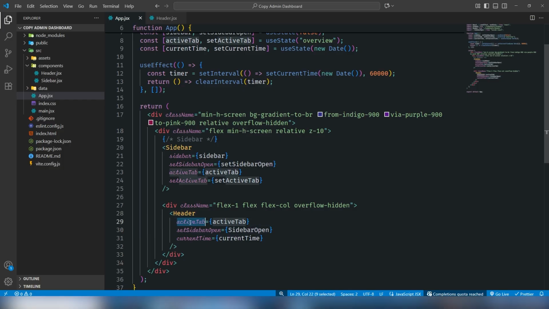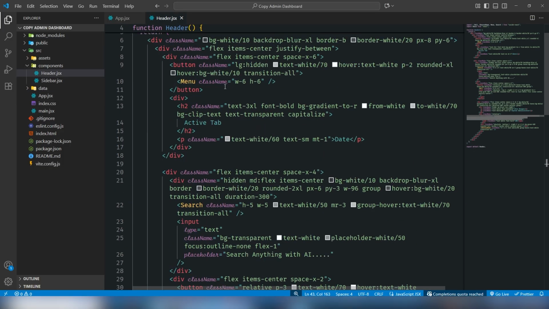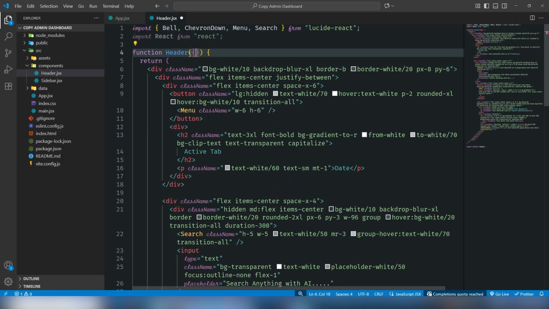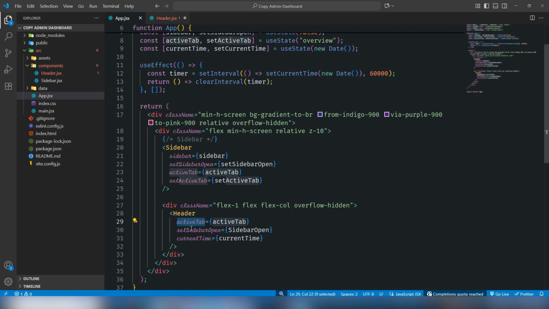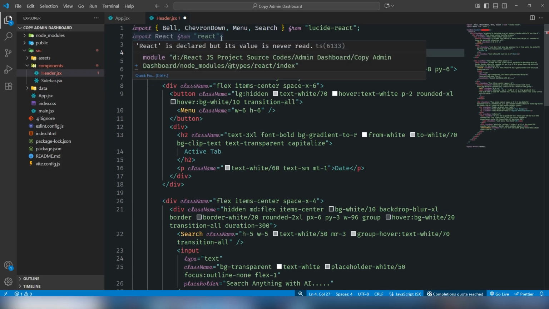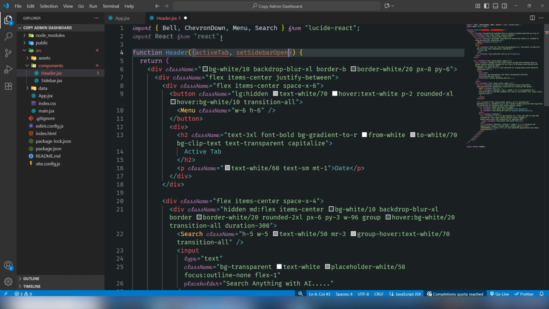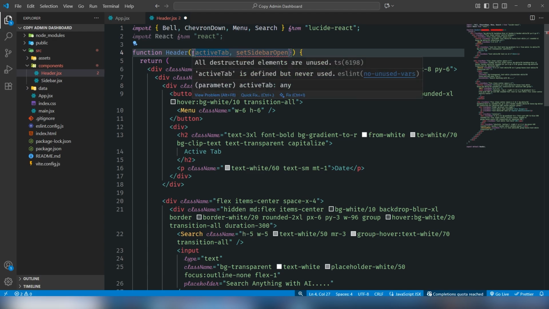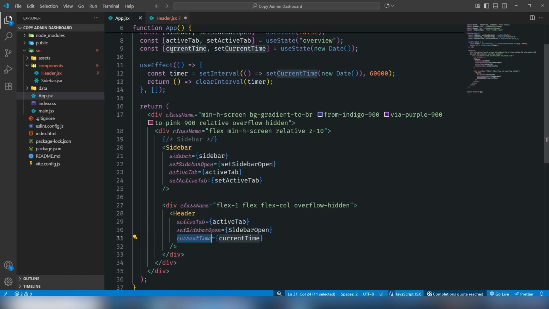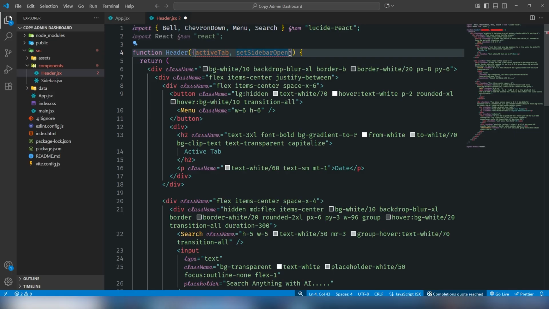Okay, so just copy and paste as a prop on there, like activeTab. Like this, and the last one is